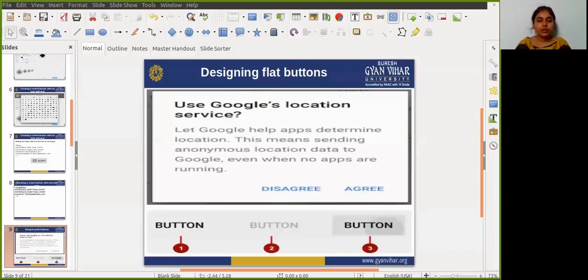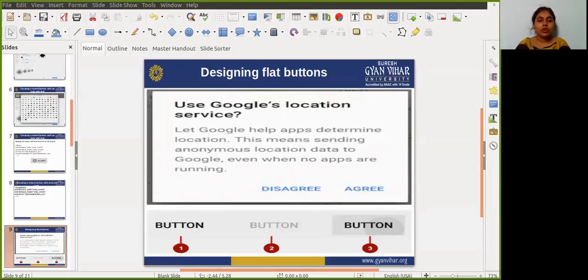The flat buttons shown below resemble basic buttons, except that they have no border or background, but still change appearance during different states.